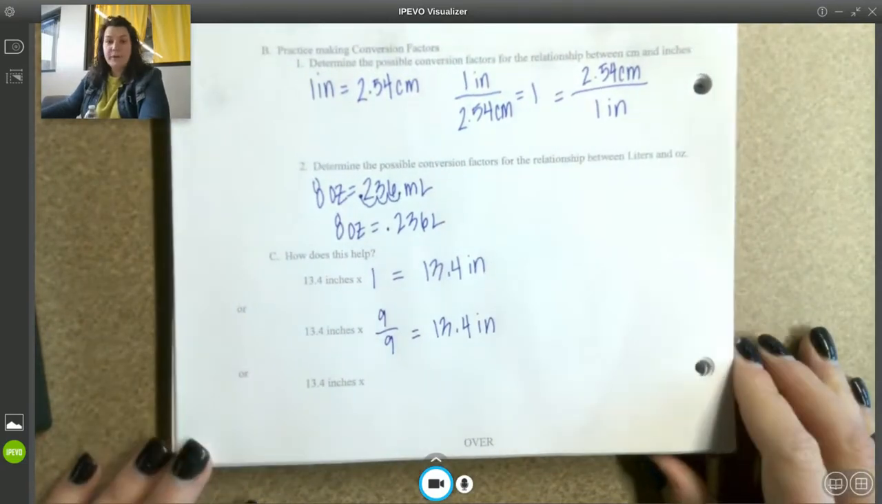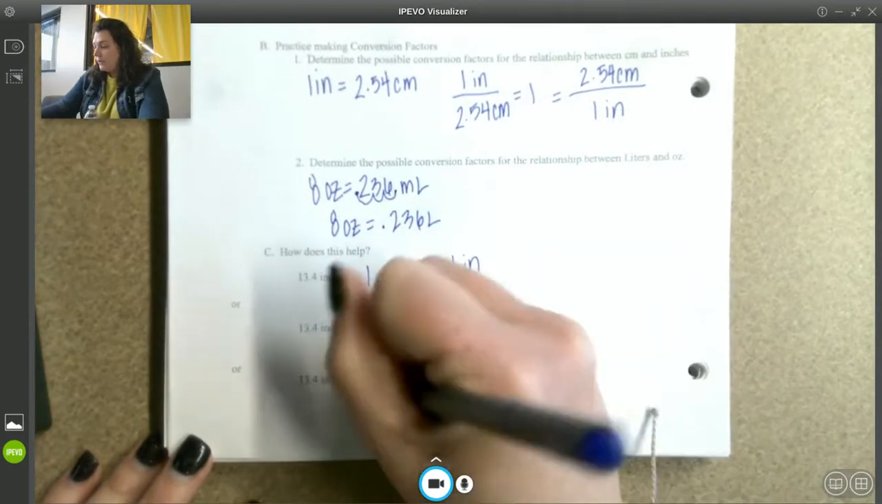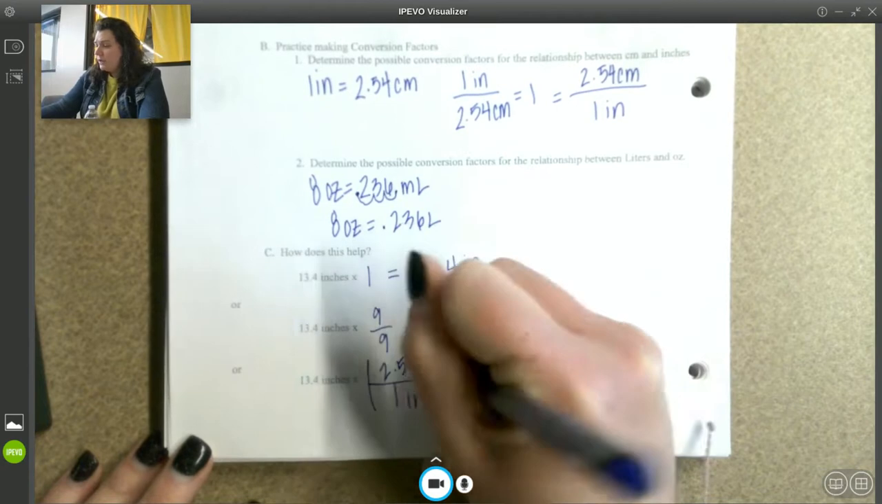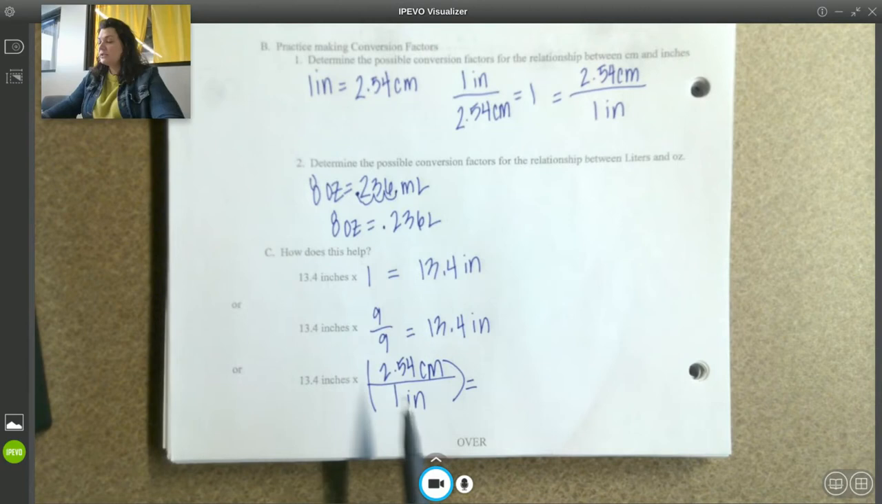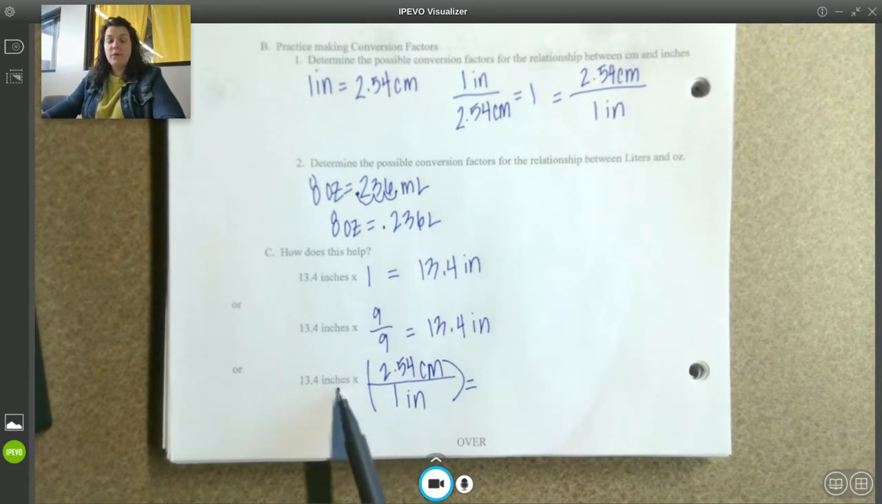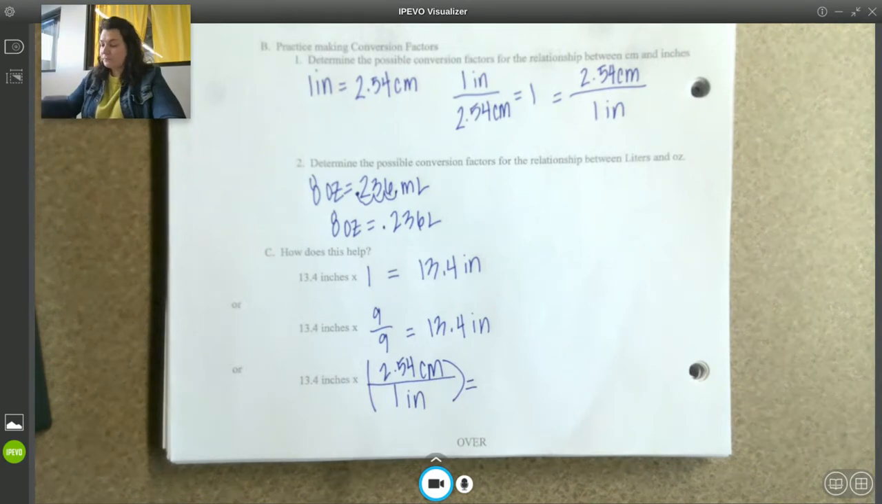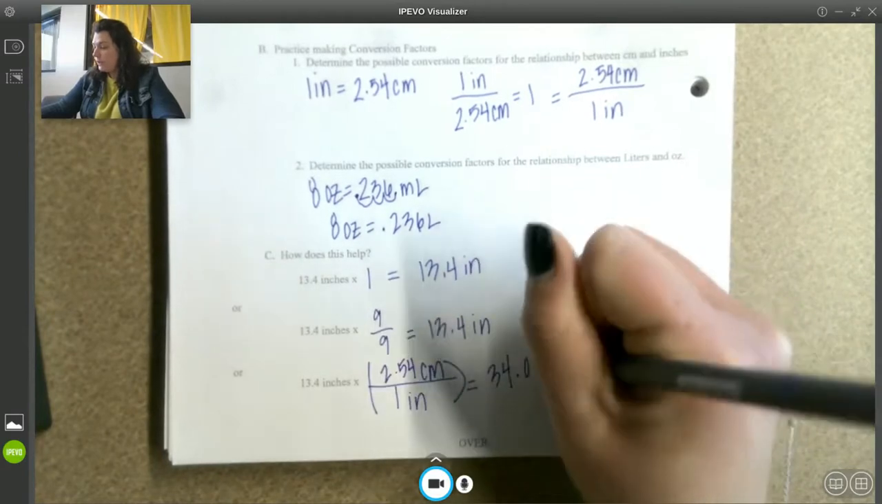Now what if I threw my conversion in there from my inches to centimeters? So I'm going to say for every 1 inch, I have 2.54 centimeters. Now, a lot of you are probably saying, okay, well, this is also equal to 1. However, it's not, because now we have to do some math because we're converting. We're not going from inches to inches anymore. We're now going from inches to centimeters. So I'm going to go 13.4 times the top, divide the bottom. So I'm going to do 13.4 times 2.54, which indicates 34, and with sig figs, it's going to be 34.0